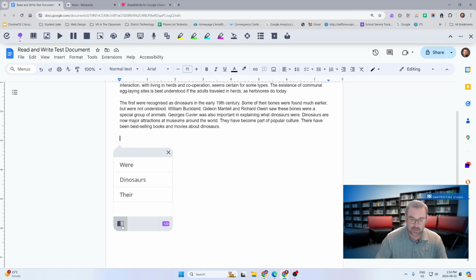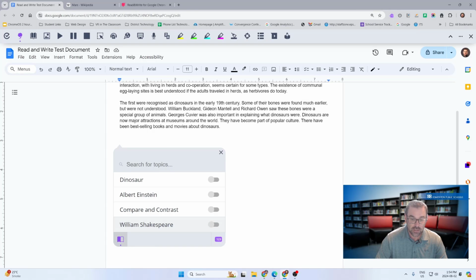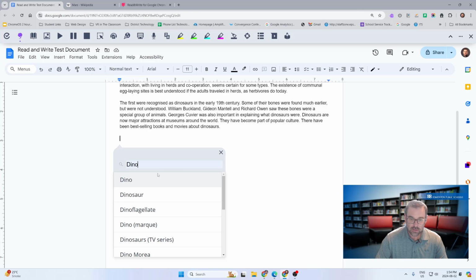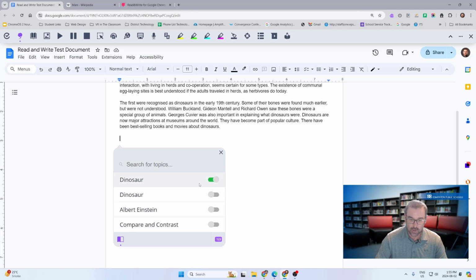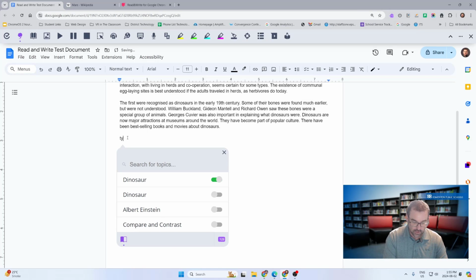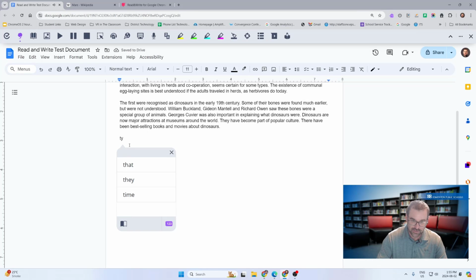Clicking on the dictionary button in the pop-up for the prediction, you'll be able to search for topics and go ahead and suggest some word dictionaries specific to the topic. So in this case, if the document I'm working in is about dinosaurs, your students might want to turn on that dinosaur topic. And that means that when they come in here and they start, well, we have to close the dictionary, obviously. You'll see here that it very quickly takes a dinosaur term and puts it to the top